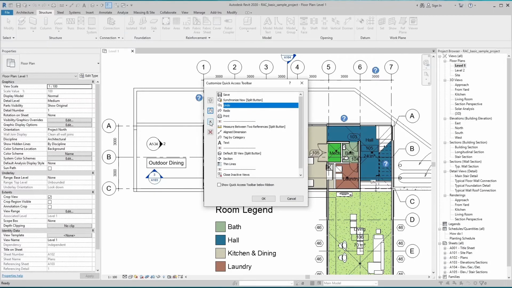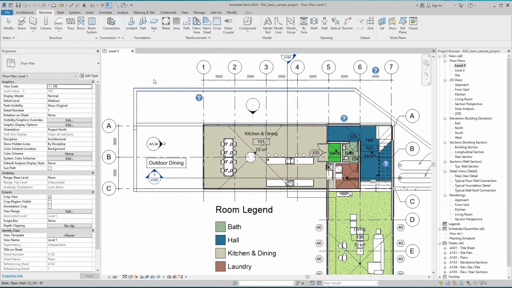The third one adds a separator line so that you can group tools together. You can also move the separator line with the up and down arrows. The fourth and final button is the delete button and will remove tools from the list. You can also add any tool to the list. So right-click on any tool in the ribbon. It will show you the message Add to Quick Access Toolbar.